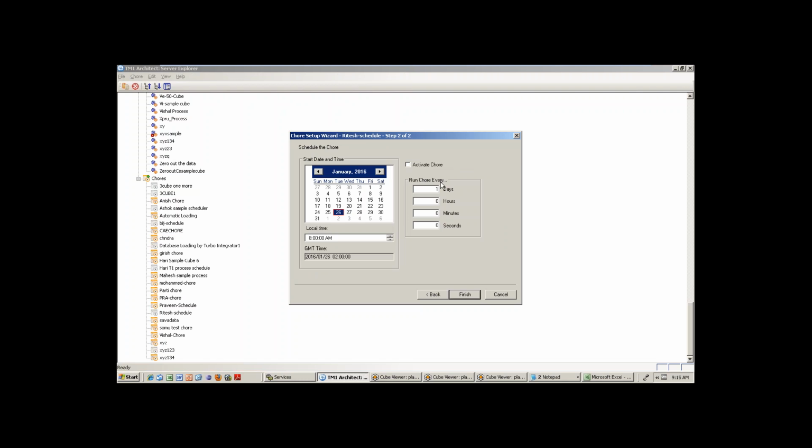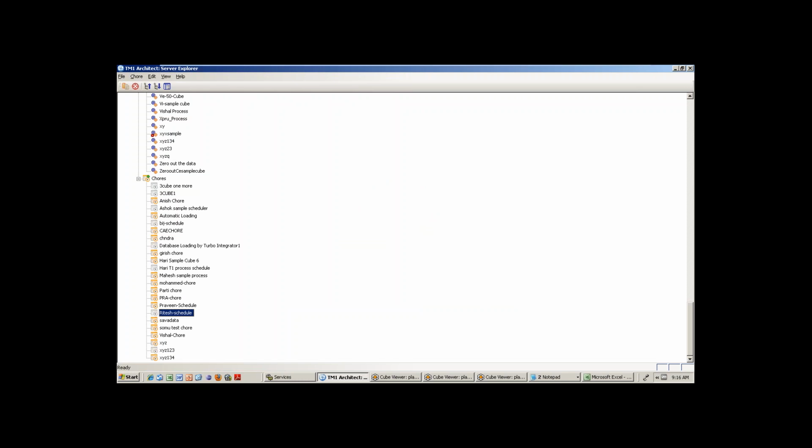So how to do that type of complex schedule? It is very easy in TM1, but if you know turbo integrator scripting, we will explain it in the turbo integrator process. But here, a chore is a very simple scheduler. If you want advanced scheduling, you need to write a script in the turbo integrator process.